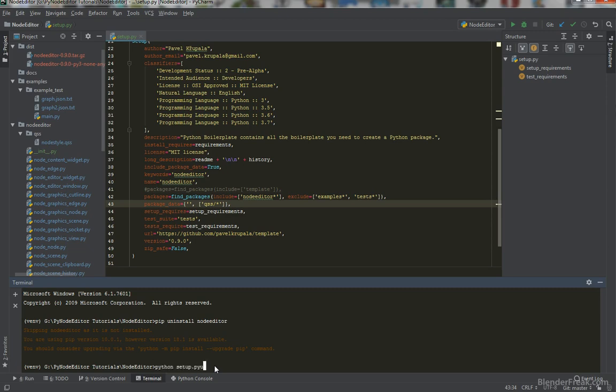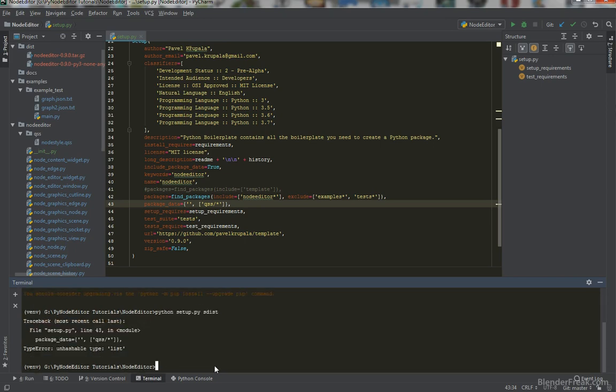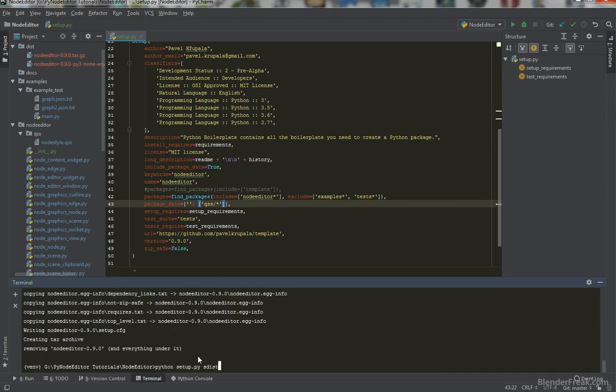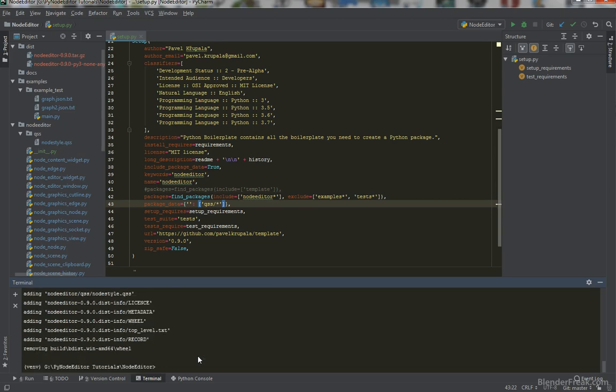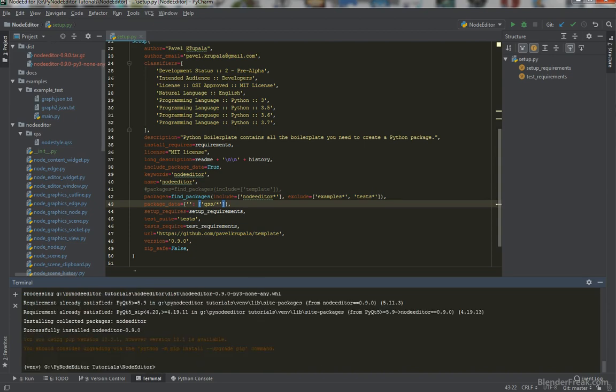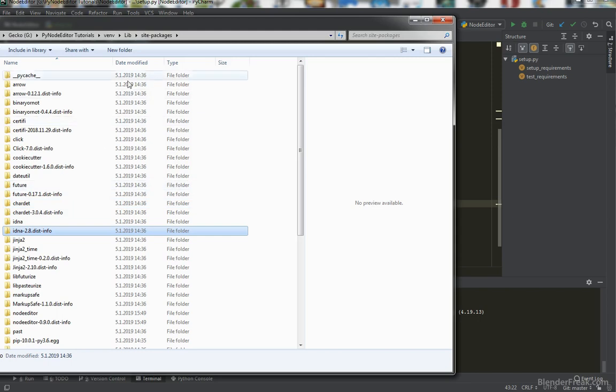Python setup.py sdist, because we made a mistake. Here should be a double colon. So the source distribution works, and bdist_wheel works also. So we can try to pip install the distribution node editor py3 wheel. And now if we check our site-packages inside of our virtual environment, here is node